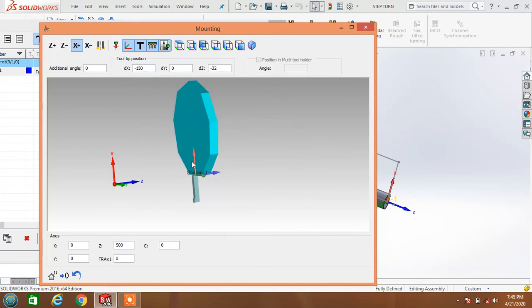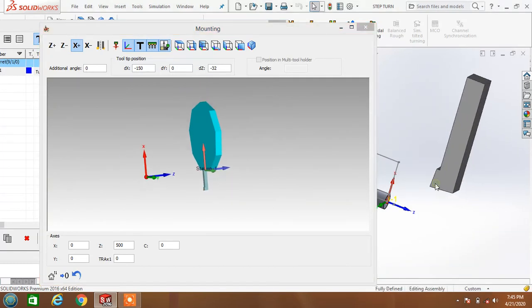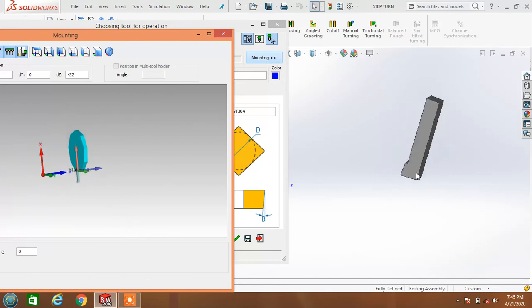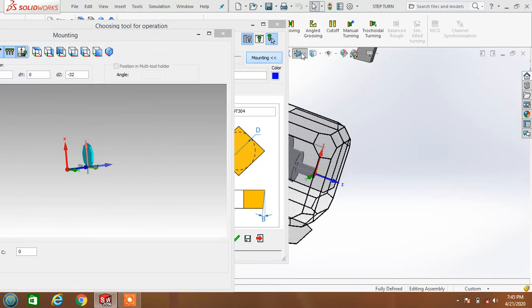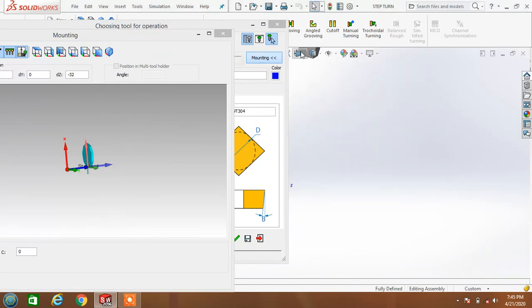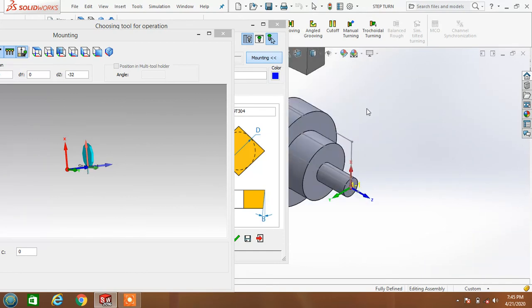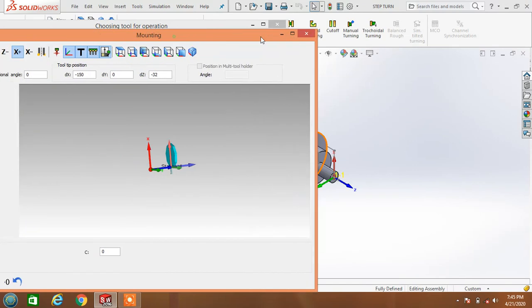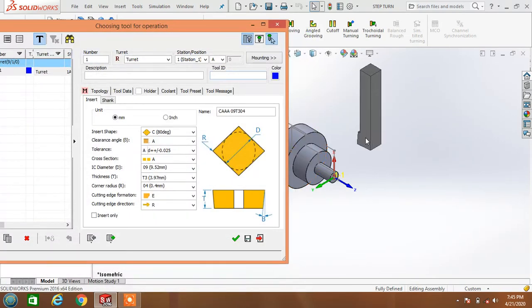I take station 1 and fix the turning tool in the X plus direction. It is best suited for our turning operation. So I take this one and put a tick mark.